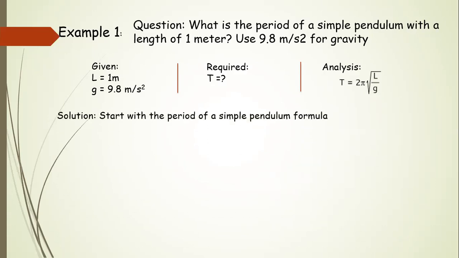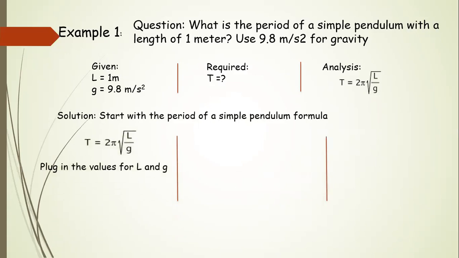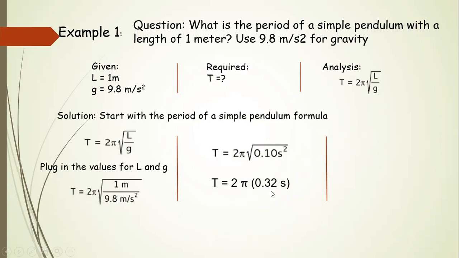Now the solution. How are we going to start? We are going to apply the formula and substitute the values in it. In this case, it is L upon g, where L is equal to 1 and g is equal to 9.8. Then we divide these two, which gives 0.1. Take the root of 0.1 and you will get 0.32. And you know the value of pi, that is 3.14. So you place it, and the time period of the pendulum is found to be 2 seconds.